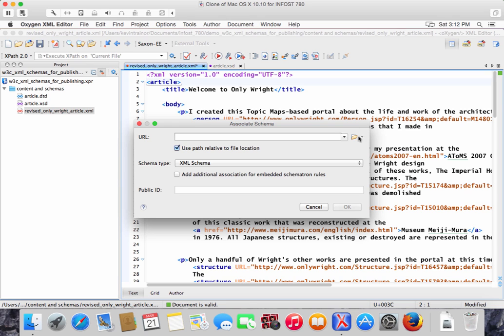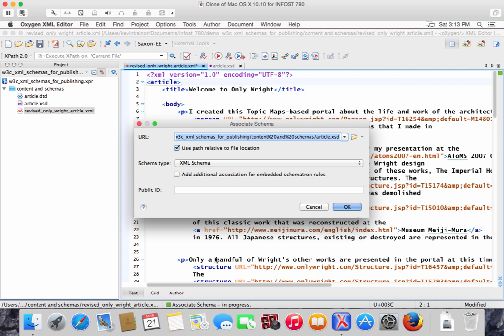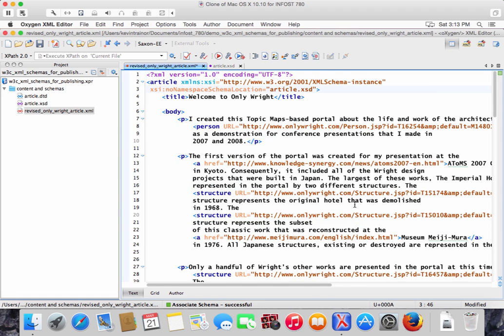Okay, and let's open the folder here on the top and just point at this new article.xsd. Tell it to use a path relative expression to point at the file, and let's just say OK. And it looks like it did the right thing. We have a declaration for, I'm sorry, on the root